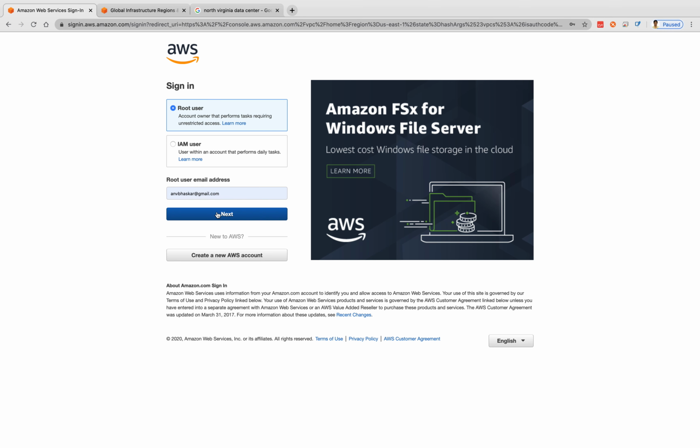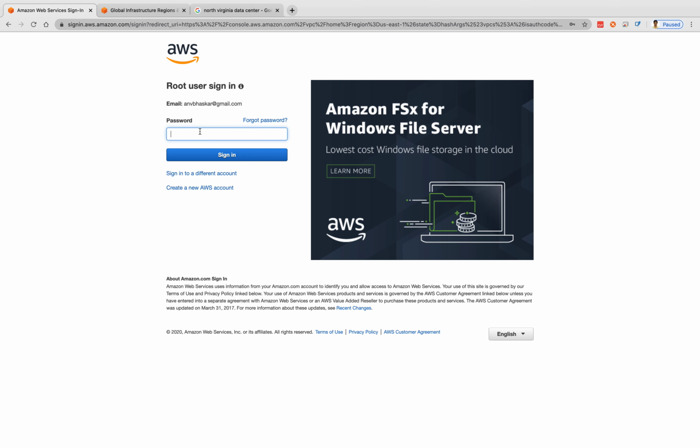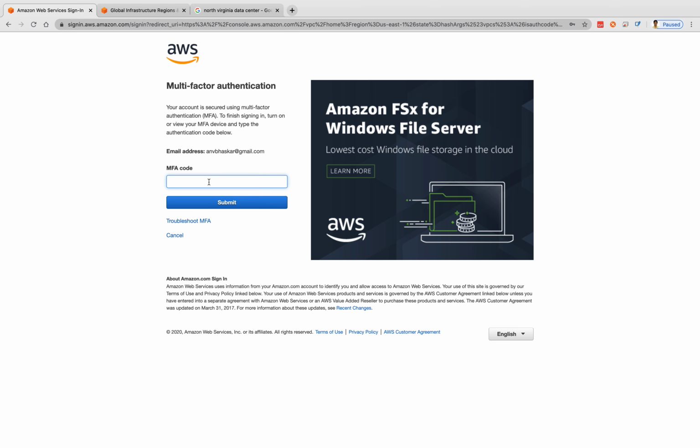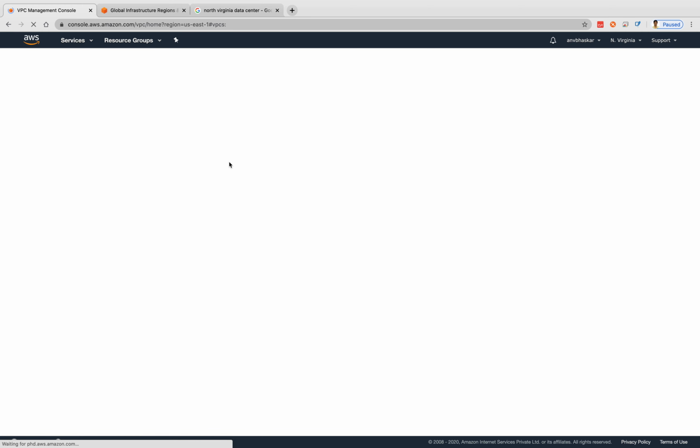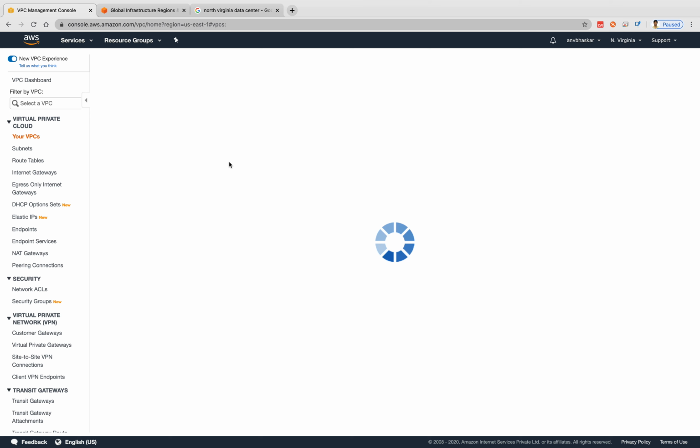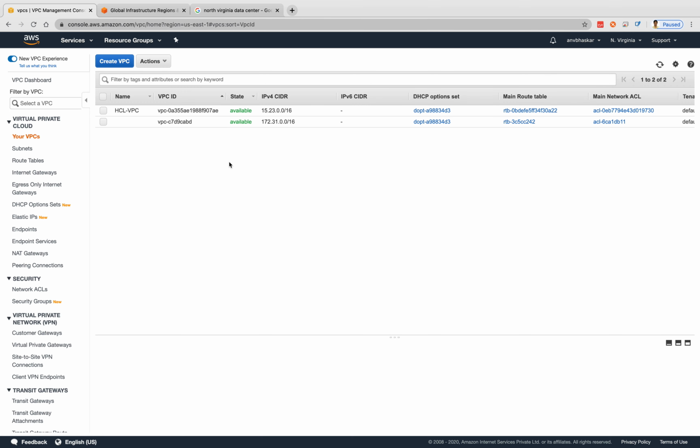Sorry, it is asking me to sign in. How to enable multi-factor authentication? I already explained the fundamentals, you can go through it once. If you want to provide more security, you can enable MFA also. It's better, suggested, to use MFA. Even if someone knows the password, they can't log in without the 6-digit code. Okay, we'll come back to the picture here.